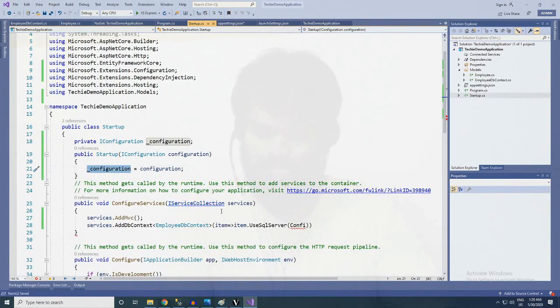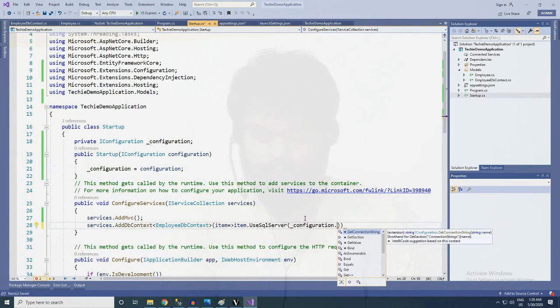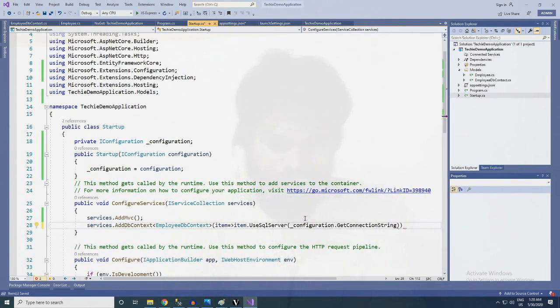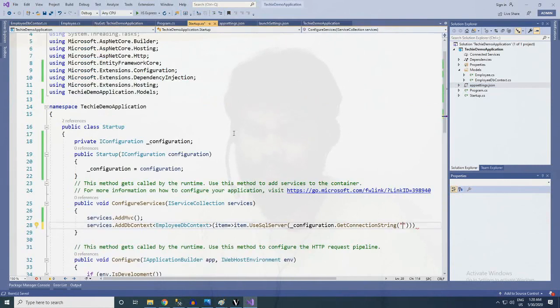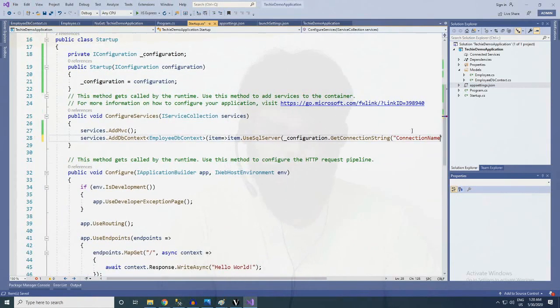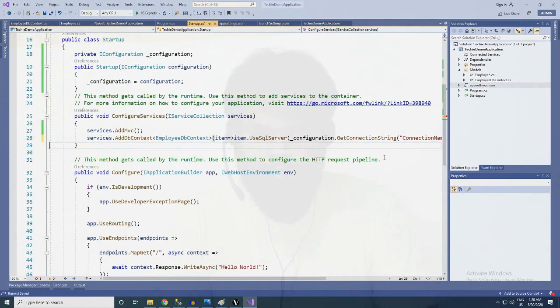So in this stage we can access the configuration value and get connection strings. In this parameter we need to add the name we created here. It's done.